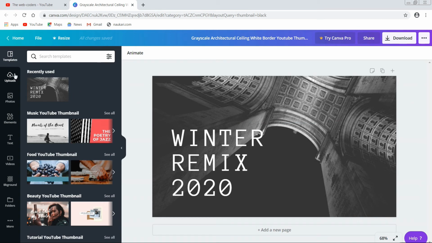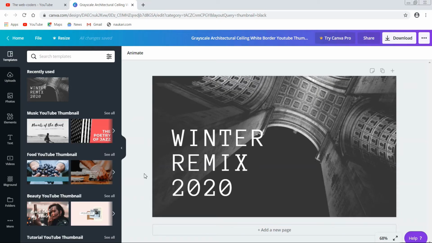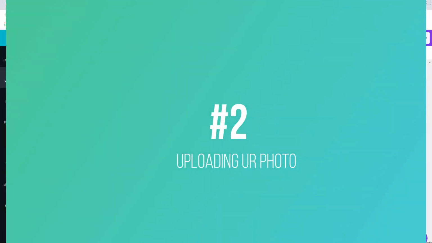So now the first step starts. The first step is getting the template which we got by clicking on the description. Then the second step is getting your own photo